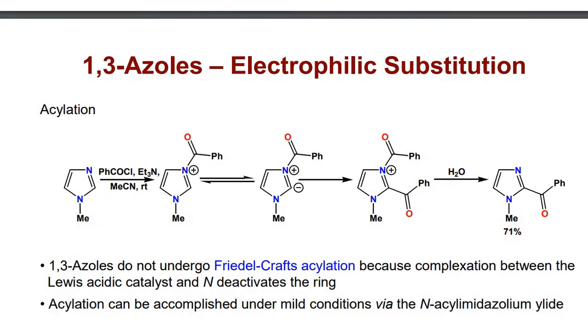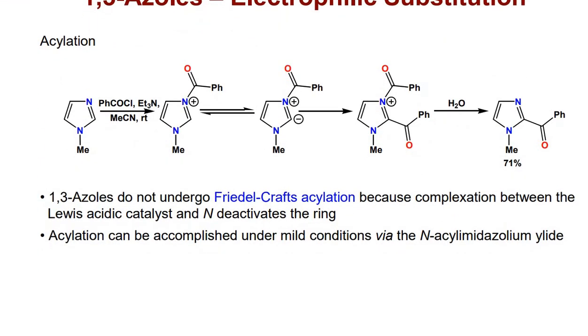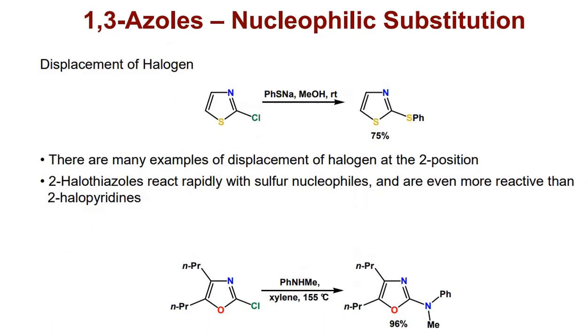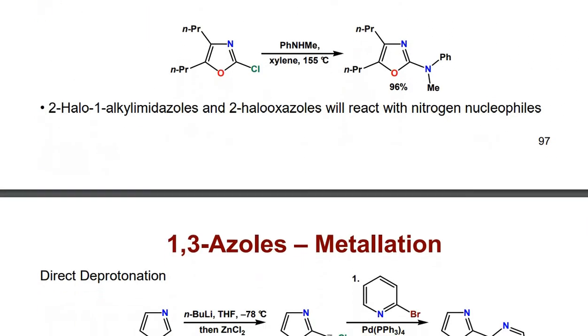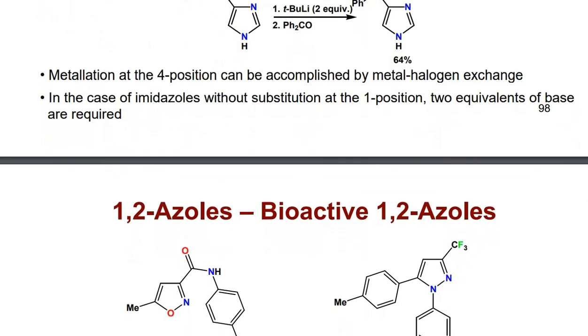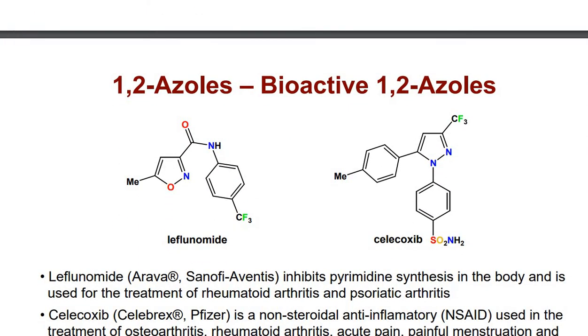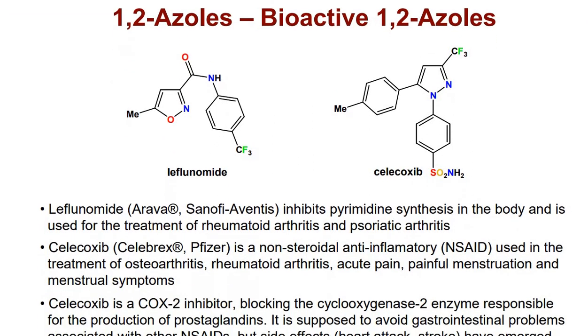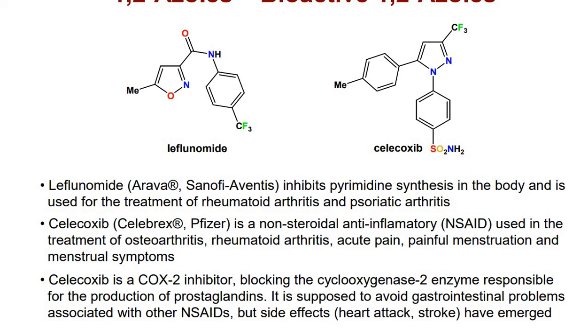You can see here, 1,3-azoles do not undergo Friedel-Crafts because complexation between the Lewis acid catalyst and N deactivates the ring. Look at oxazoles, thiazoles, all are 1,3-azoles. 1,2-azoles like leflunomide and celecoxib. So leflunomide inhibits pyrimidine synthesis in the body and is used for the treatment of